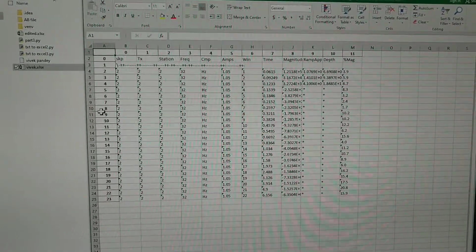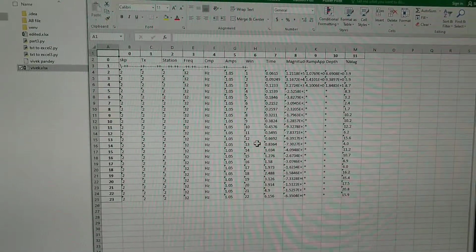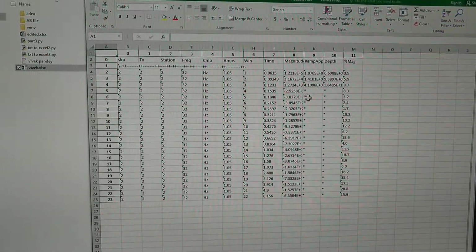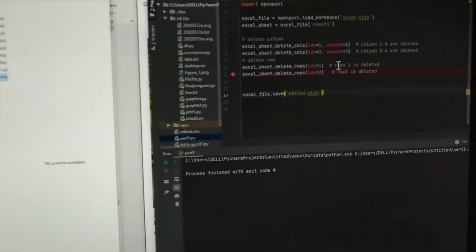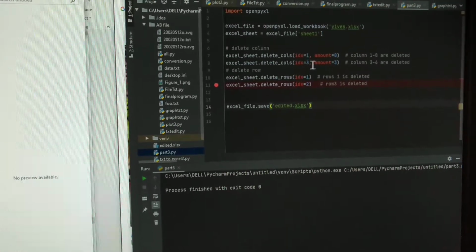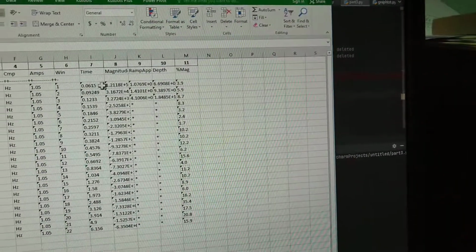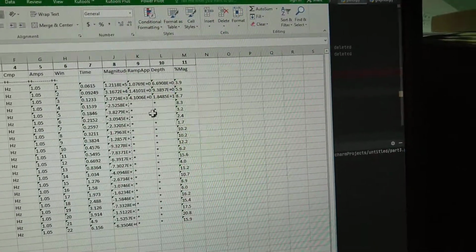So at the start I deleted these 8 columns and these last 3 columns by using this command. One thing you have to make sure: this is 1 2 3 4 5 6 7 8 9 10 11 12 13.